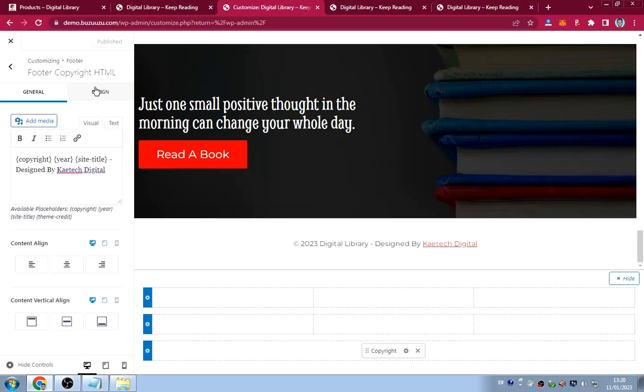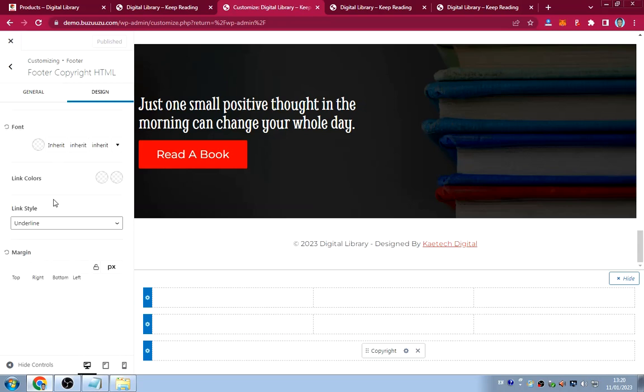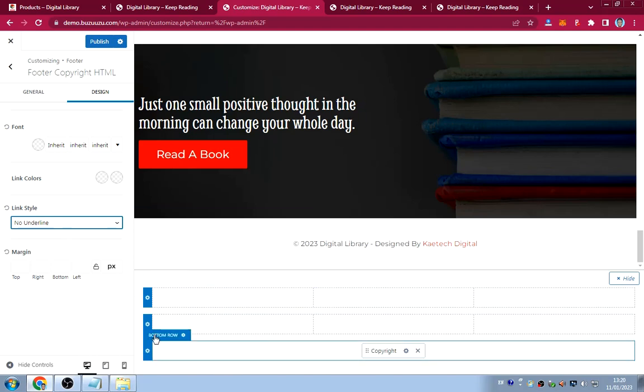Okay, so I want to go back to design over here, and then this is font, this is the link colors. Okay, everything is correct. Now the underline, I don't want it to underline, so I'll say no underline. Okay, so now with the footer bottom, or with the copyright thing, what I'm going to do